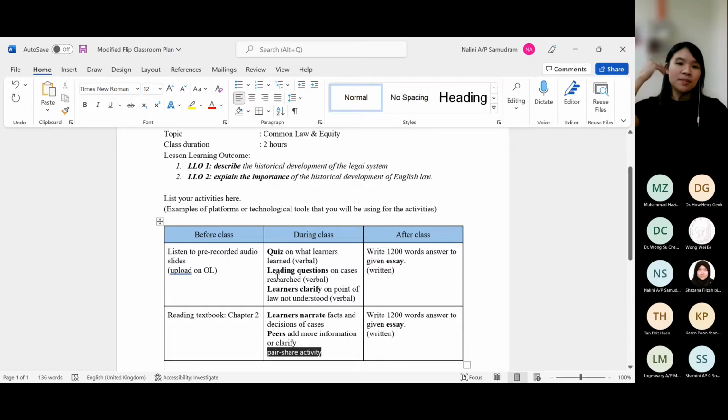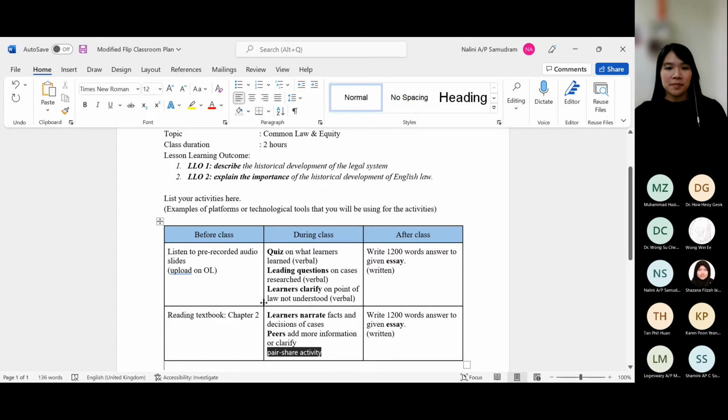Then we will go into some more details. So let's say in the chapter they talk about cases. In those cases, okay, more details about cases. What are the facts? What is the decision? What is the concept that they have understood? So this is all taken care of in class during the quiz as well as the questions. And students also will ask back, okay, I've heard this part of the audio, but I don't understand when you say this concept. Can you explain? So that kind of clarification will happen in class.